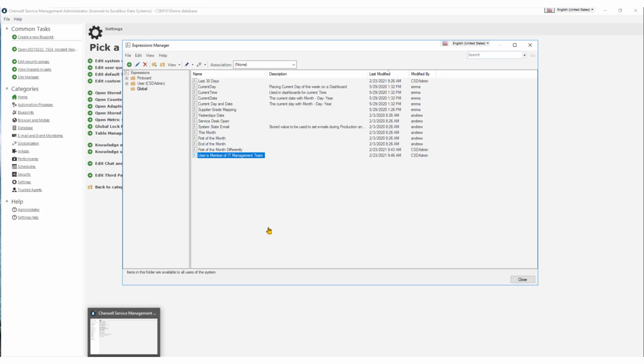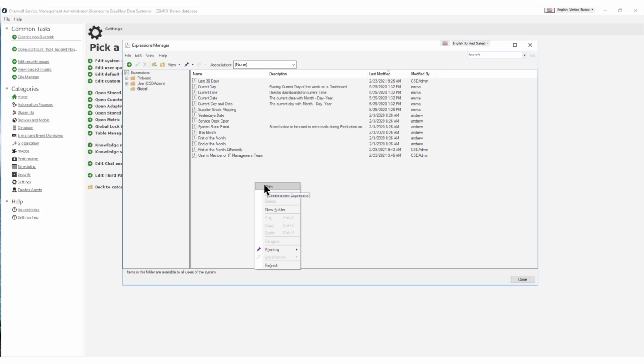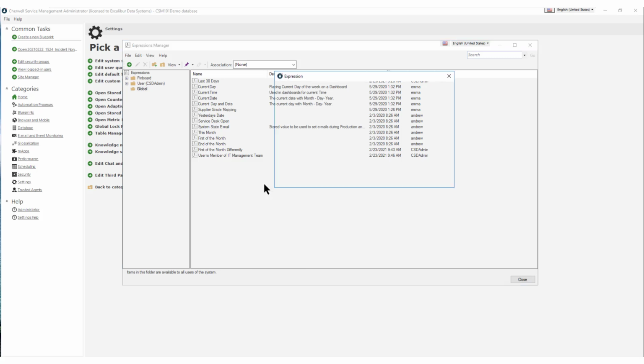A big one that is used a lot in probably every Cherwell system is the required field border color. So we're working in incident or change or some other object, and if the field is required and the field is empty, we want to provide a visual indicator to the user that they need to fill that out. We can do that with an expression that will satisfy most of the requirements, not specifically all of them,